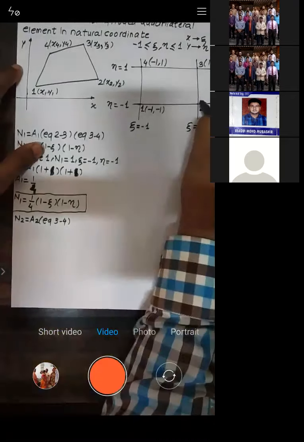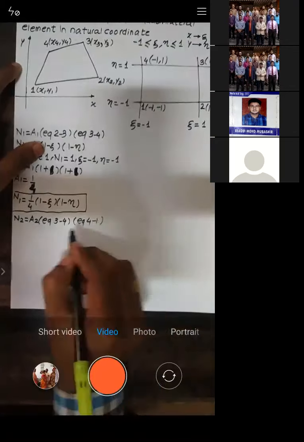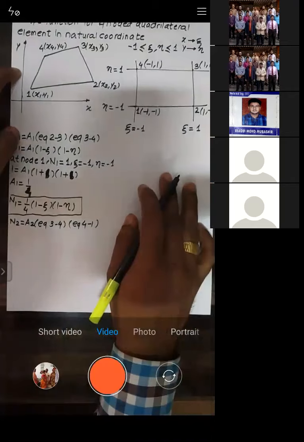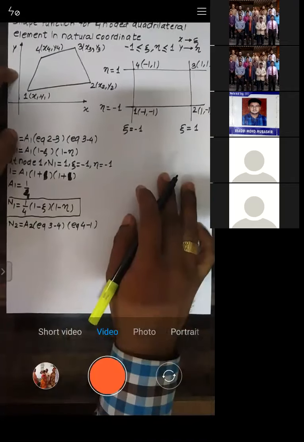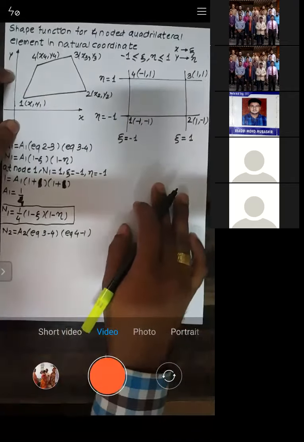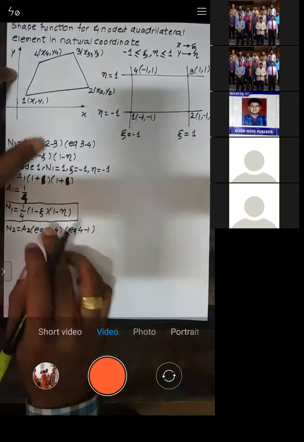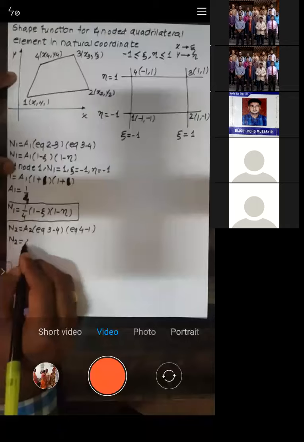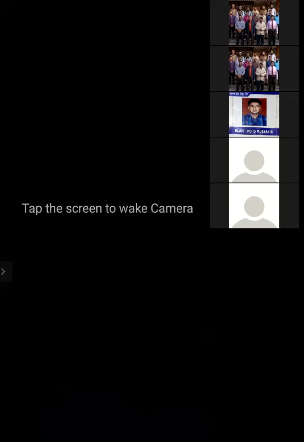Which are the lines which are not passing through node 2? They are 3, 4 and 4, 1, right? So it is the equation of 3, 4 and 4, 1. Okay, so see, I will write down this as N2 is equal to A2